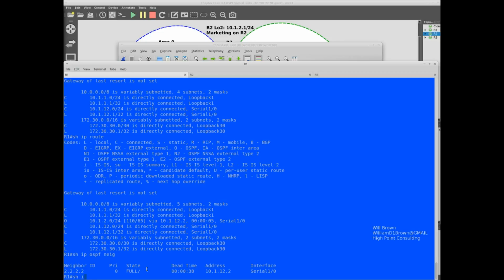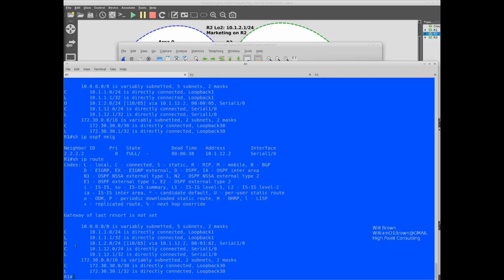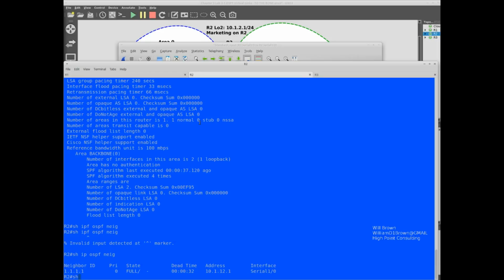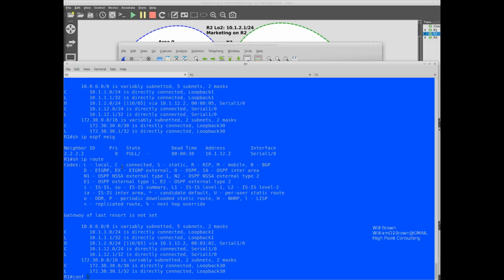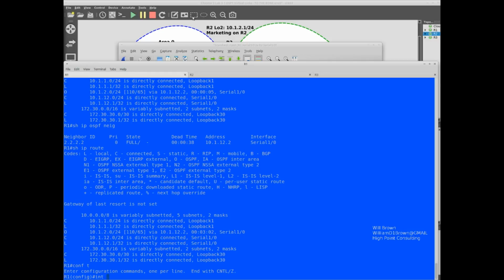Let's do a show IP route, and we see that we have that one route so far that's been learned on router 1, and we have one route going back to router 2. Again, if we go back and look, I'm fairly certain we defined that 10.1.1.1 network with a 24-bit subnet mask. However, it's coming across in OSPF as a 32-bit. So let's go over here and go back in global configuration mode, and that is interface.